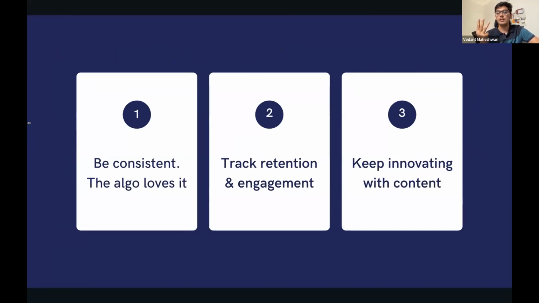Three key things to remember when it comes to putting content out there, very, very important. Number 1 is be consistent, supremely important for anybody creating content. Unfortunately, it's something that I am also not able to follow with my channel, but that's because it's not the biggest priority in my life right now. But if you have the priority of being a content creator, the only thing that matters, and this is something we've tested at scale to do 1 billion views a year, is that you've got to be consistent with the content that you're putting out. If you've decided a schedule, you've got to stick to it, because every algorithm will absolutely love it.